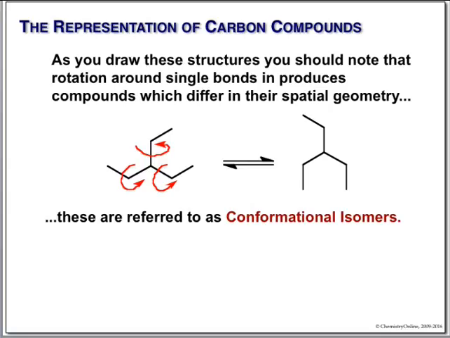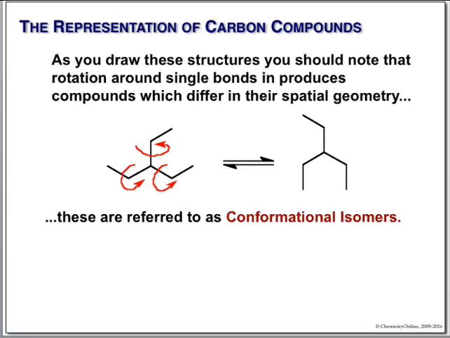And one of the neat things about single bonds is that they spin. They spin about 10 to the 6 times per second. So it might look like this at one instant in time, but we could rotate around here, so we're pointing this way, not that way. We could rotate so we're pointing down, or up,